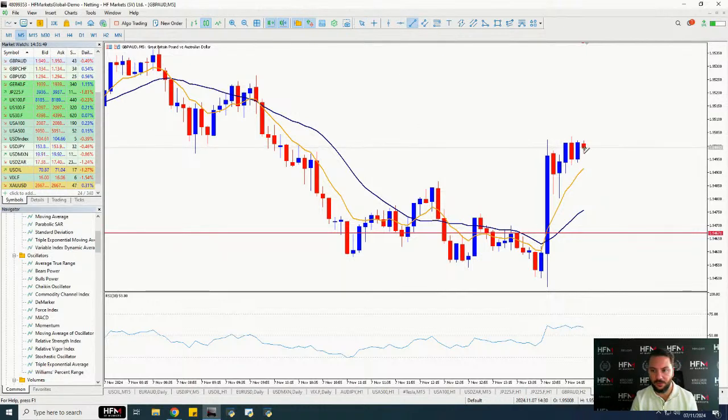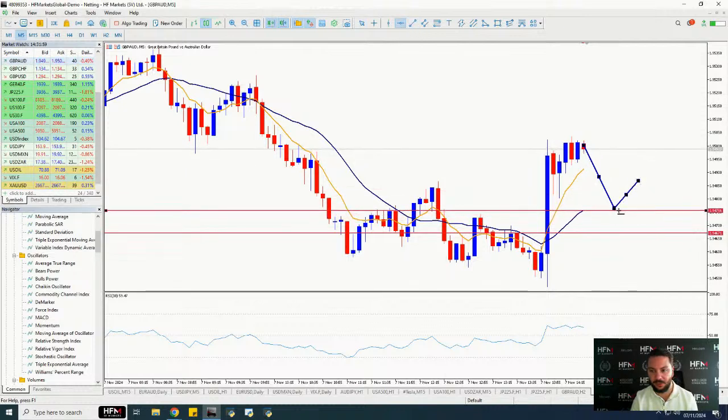Alternatively, what can we do? If we get a retracement, and let's say it retraces to here, it doesn't quite go to 65, and then it moves back upwards like so, then all we do is we bring up the entry point, because then we won't trade based on the Fibonacci retracement levels, but we'll trade based on the breakout. So that's a second option, a second scenario as well.